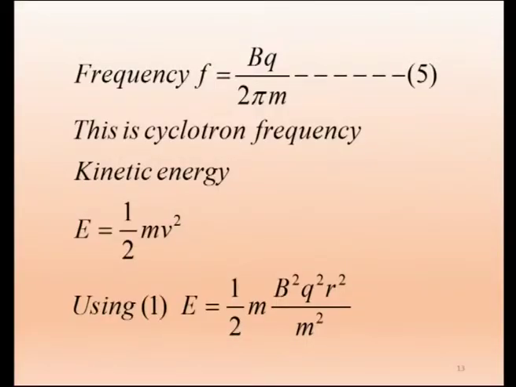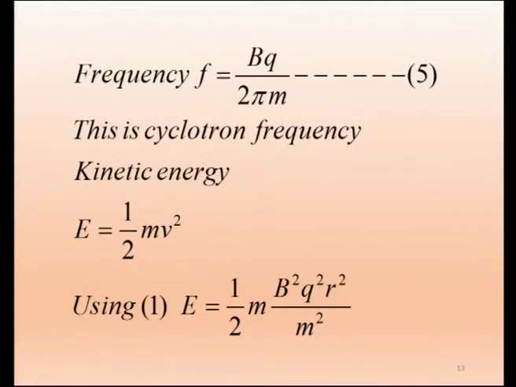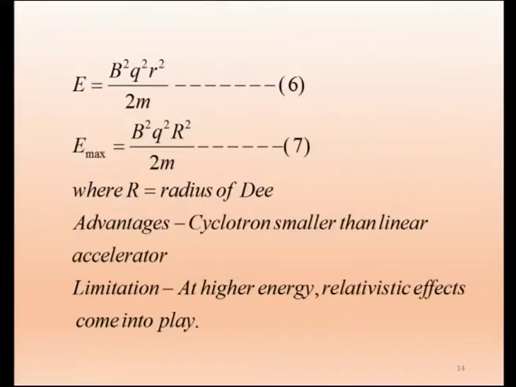Why does it get altered? We will just see this expression. Frequency f is equal to Bq by m. Here it is assumed that mass is constant. Suppose this mass is increasing because of the relativistic effect. The mass is increasing, so the frequency should decrease, since the denominator is increasing. Otherwise the particle will not get accelerated. So keep in mind, because of the relativistic effect, the mass increases, so the frequency has to decrease. We will go back to this one. Now this limitation is there.